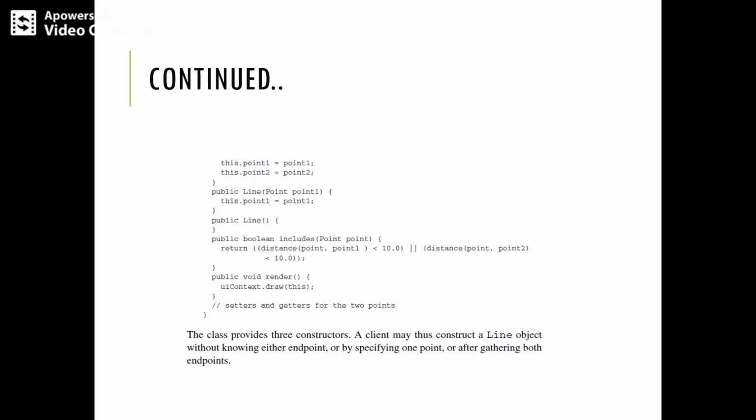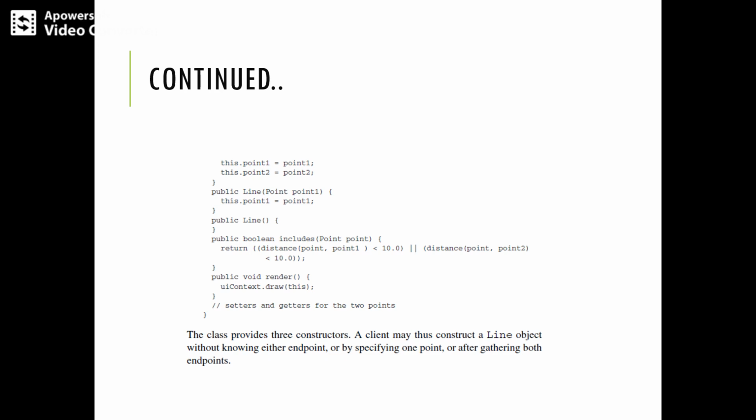So private of the point we have taken point 1, private again the type we have taken Point and point 2. Here the public class, we have this point, similarly point 1 and point 2. So this we have taken: this.point1 is equal to point1, this object will be taken, and this.point2 is equal to point2.